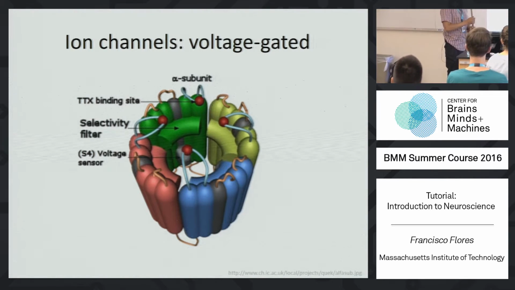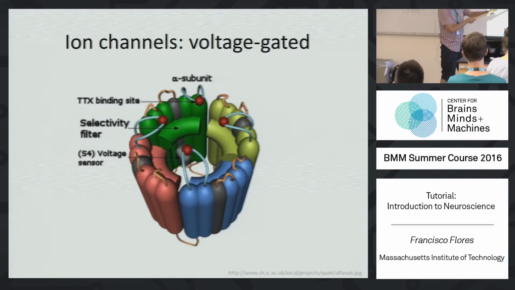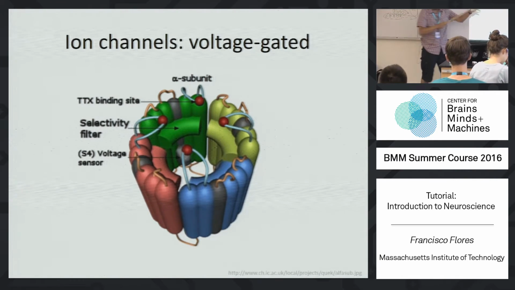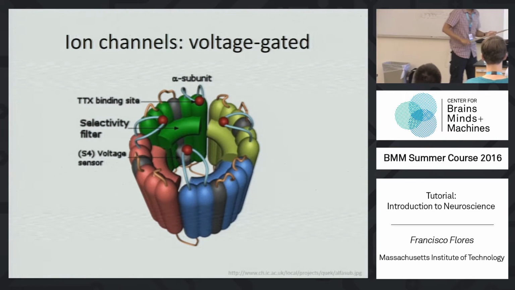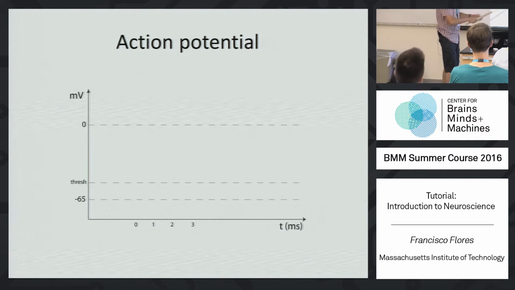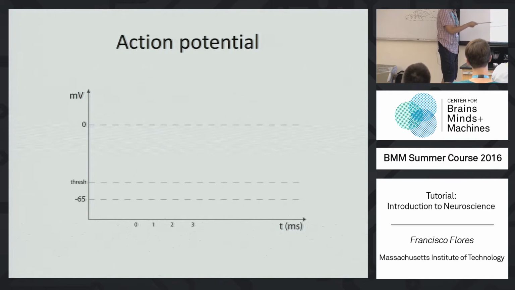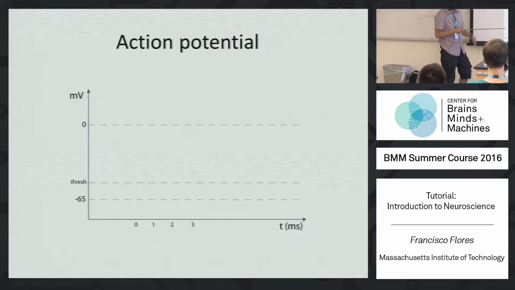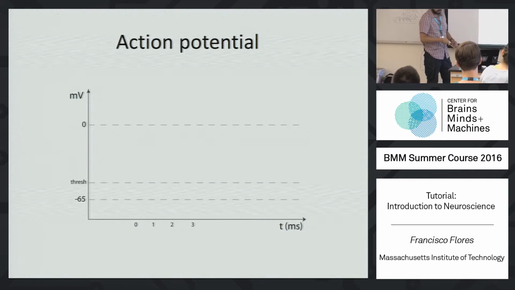But if you are able to drive the membrane potential high enough to reach the threshold, these voltage sensors are going to move out of the pore, then the channel is going to open and allow for the influx of sodium. So let's see how that happens. Again, we have the same graph, now expanded in the y-axis. We have the same minus 65, which is the resting potential. We have the threshold point, which could typically be around minus 50, minus 55 millivolts. And here we have the 0.